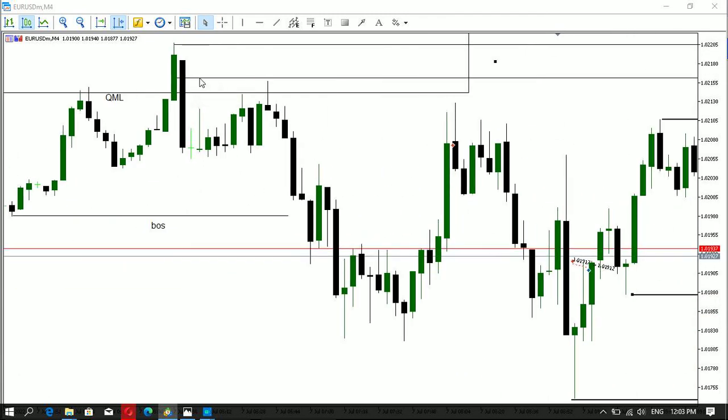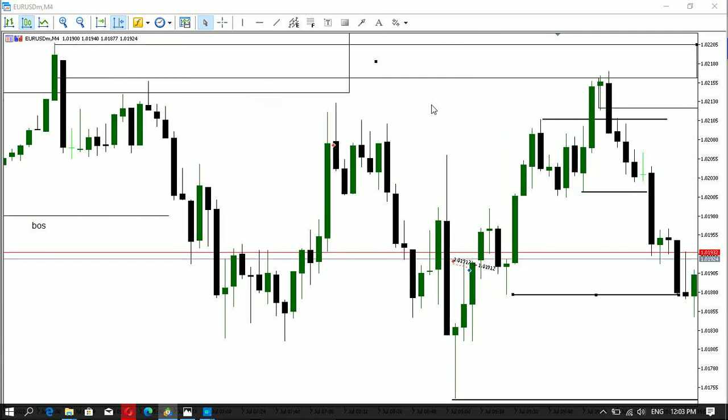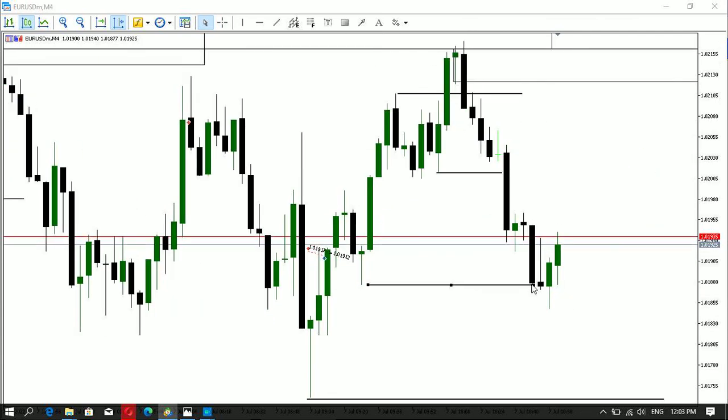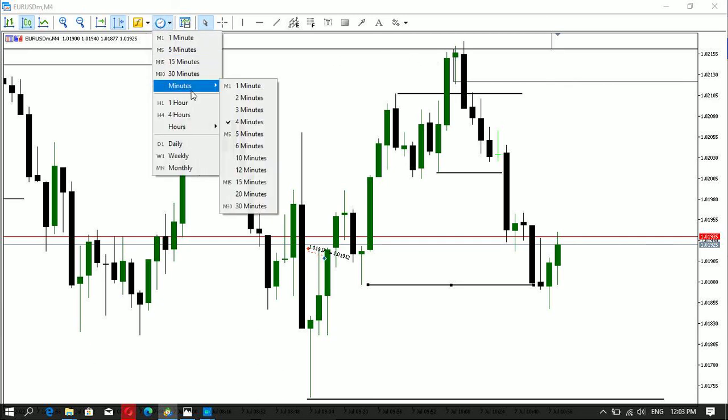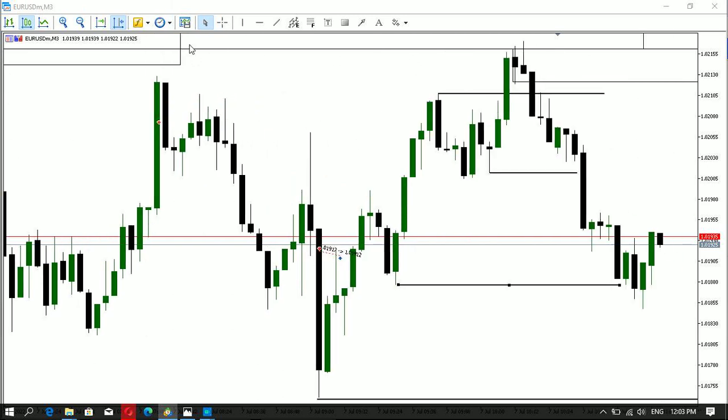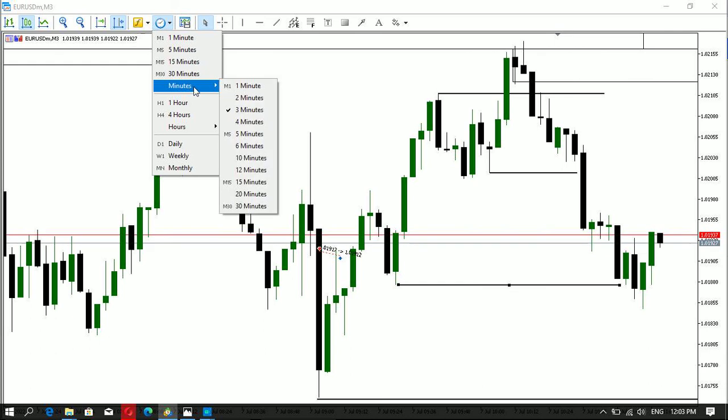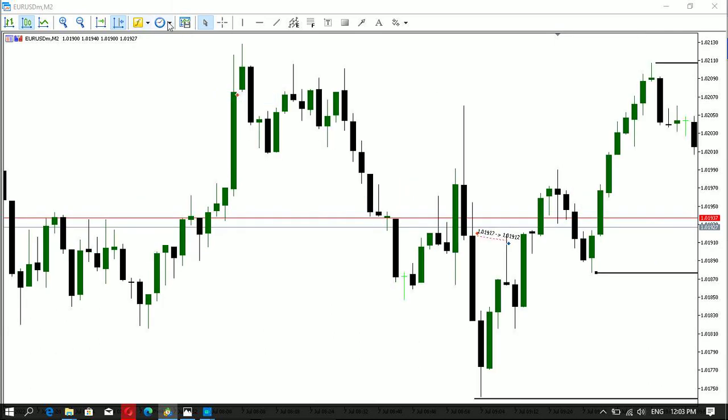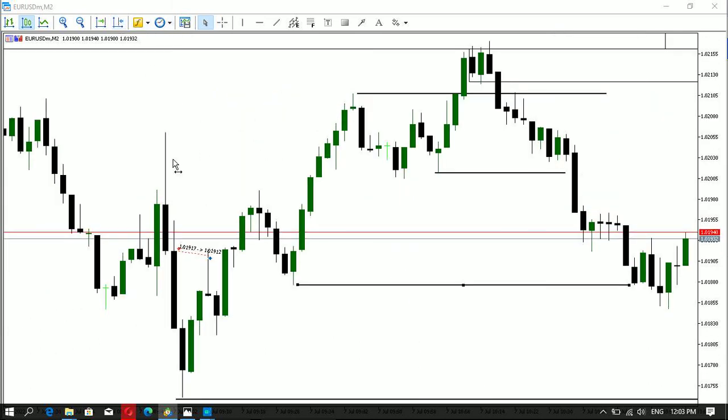KML, we have tapped into 2 minutes, 3 minutes order block, sold off, and we leave behind an area of supply. 4 minutes, 3 minutes, and then 2 minutes. So